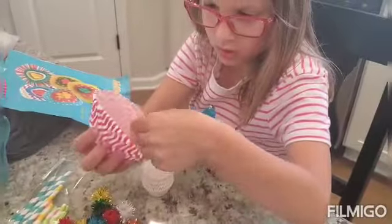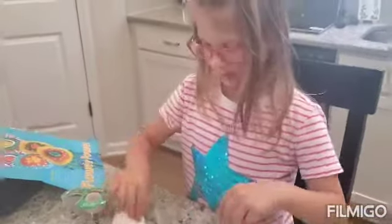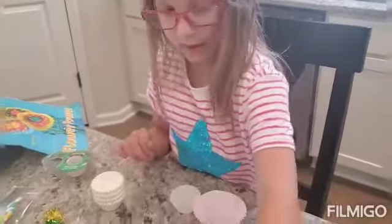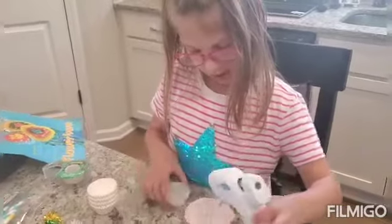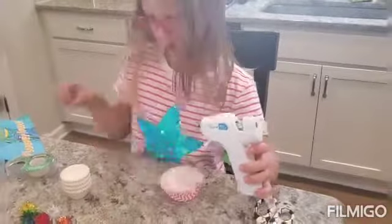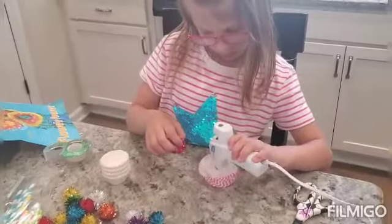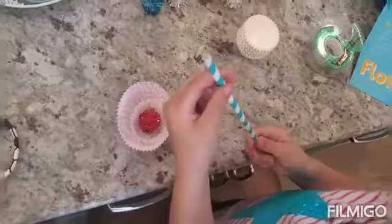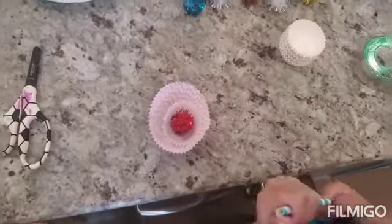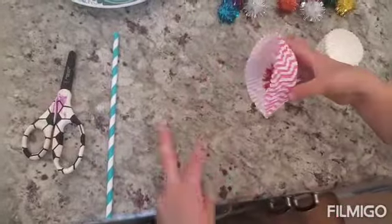See guys, remember first you get this cupcake liner. Cupcake liner, and then you remember you get this, and then this, and this, and then put this on it, and then hit one of this, and one of this, and then this one, well, don't even have the face on it, so now you put this one. Take it over, make sure it's not cold, and then